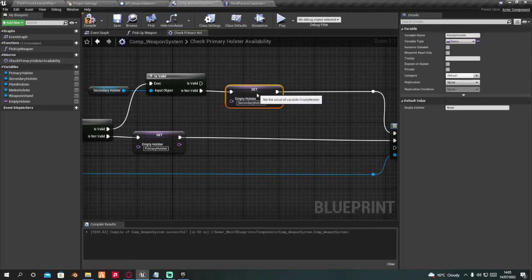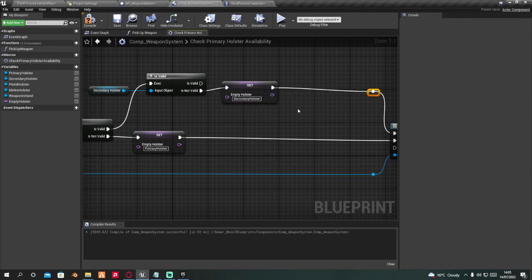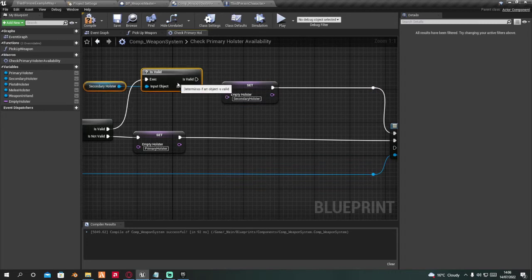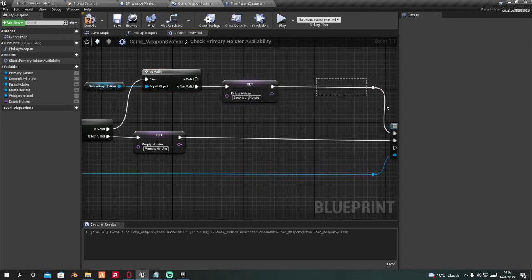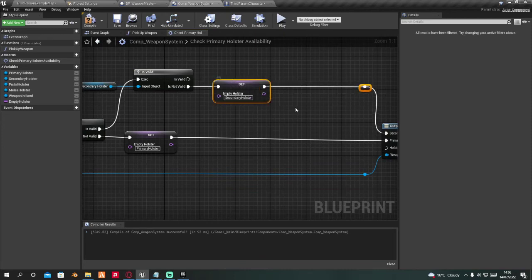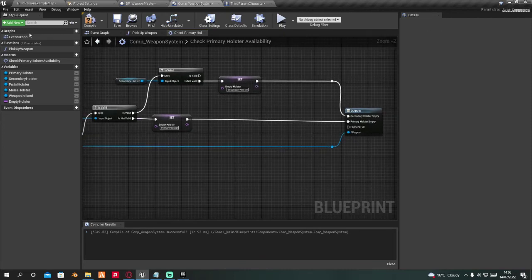We will be leaving some space for some code as well. So we will be doing some other stuff on is valid, etc. We just straighten all this up. Okay, so now that we've done this,